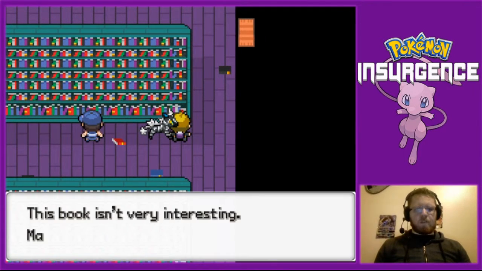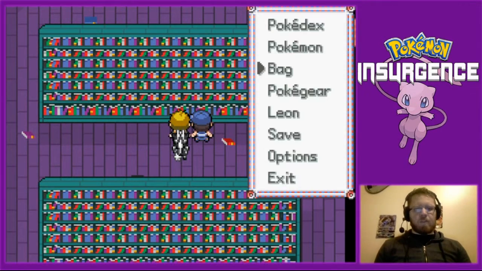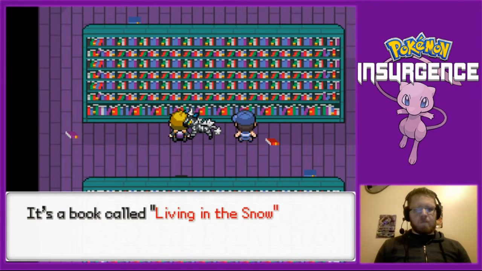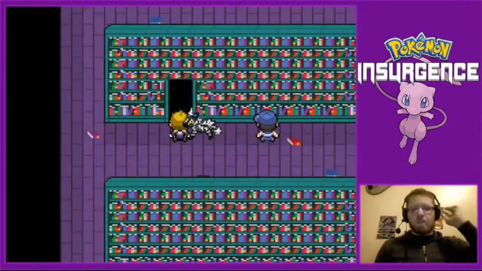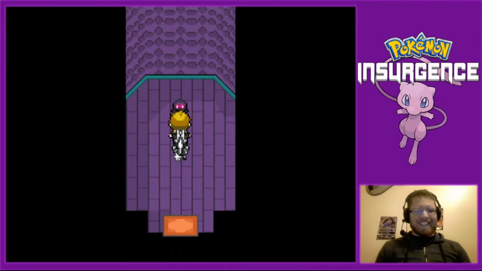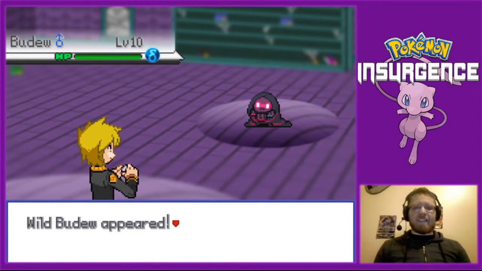For him, the Weeping Bell tolls. Oh, no, I've already read that one. The book is loose. Pulling it causes something to happen. And we can enter in here. Look at this guy. And we get Delta Budyu,